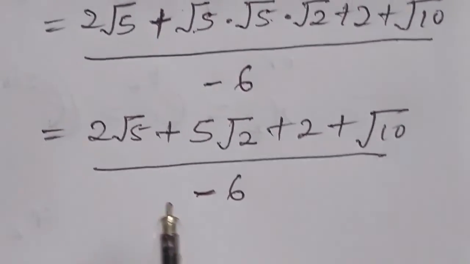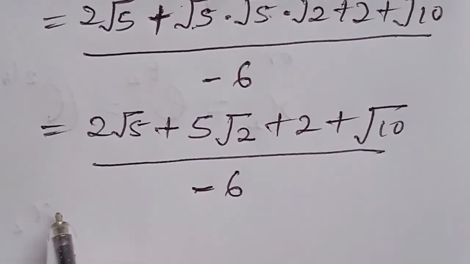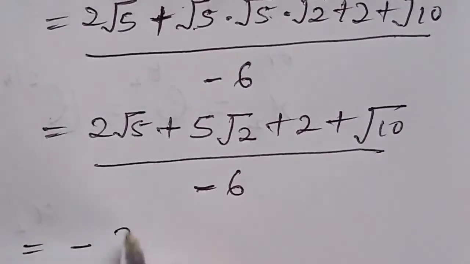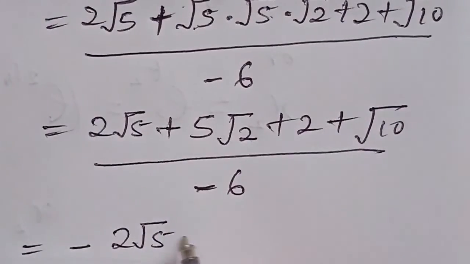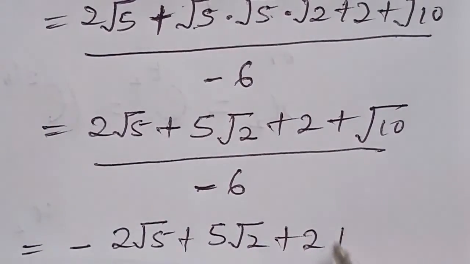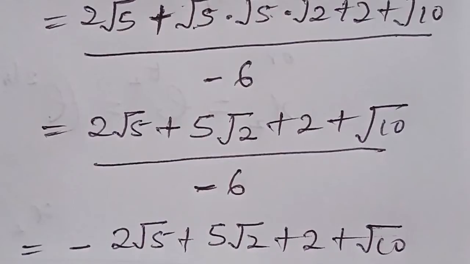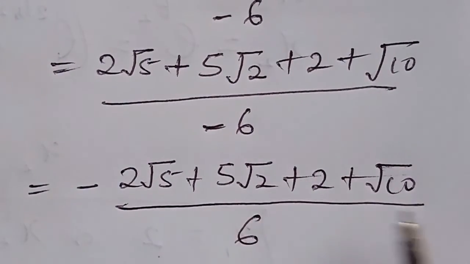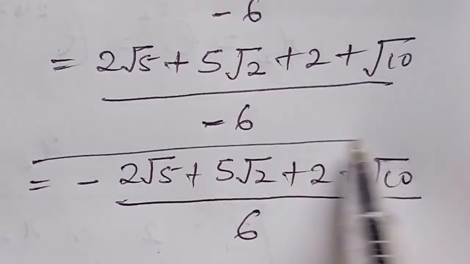So from here we can bring the minus up here, then we have minus 2 square root 5 plus 5 square root 2 plus 2, then plus square root 10, everything over 6, and this will be the final